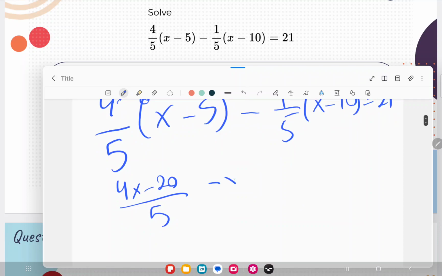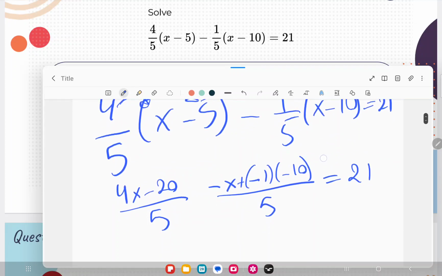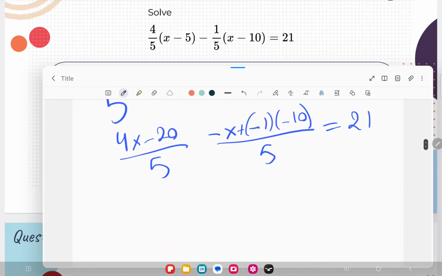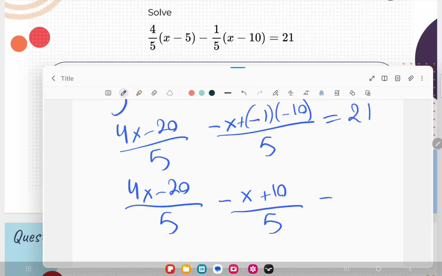So that's going to be minus x, plus minus 1 into minus 10 over 5. This is going to be 21. So minus 1 into minus 10. So I would end up here with 4x minus 20 over 5 minus x plus 10 over 5 is equals